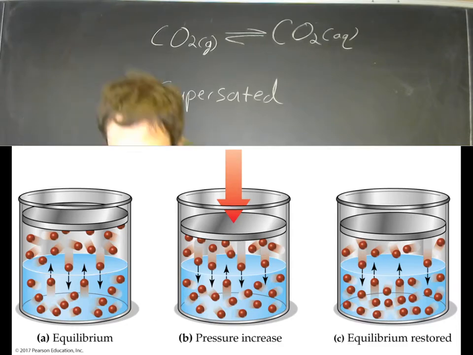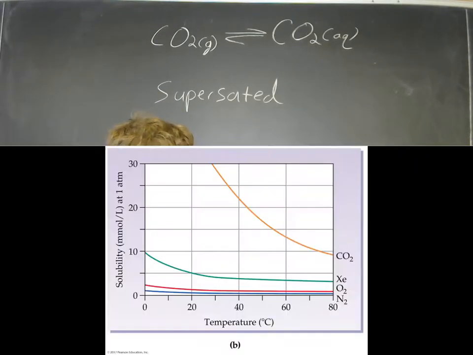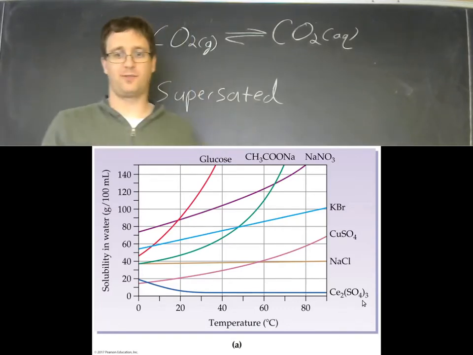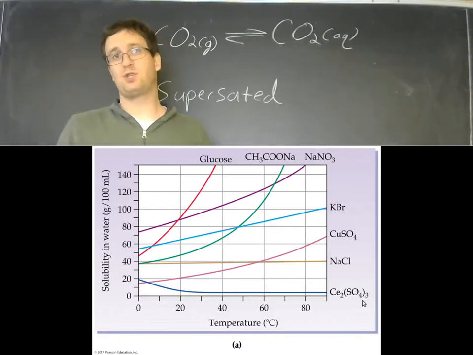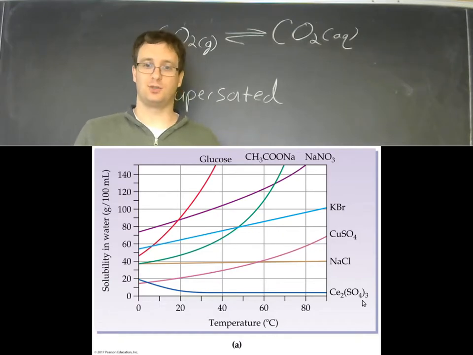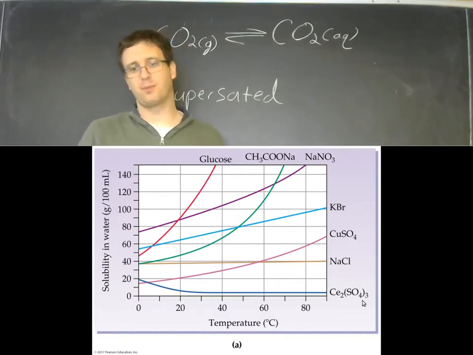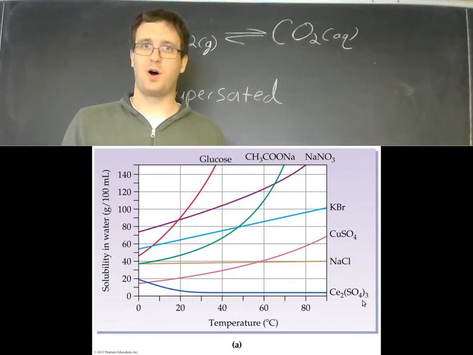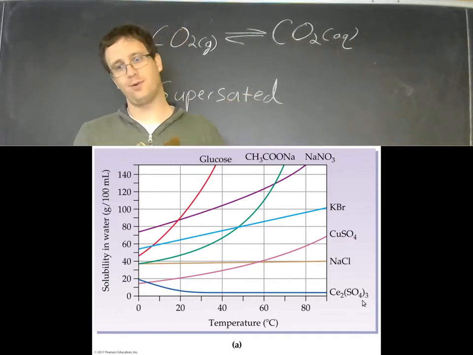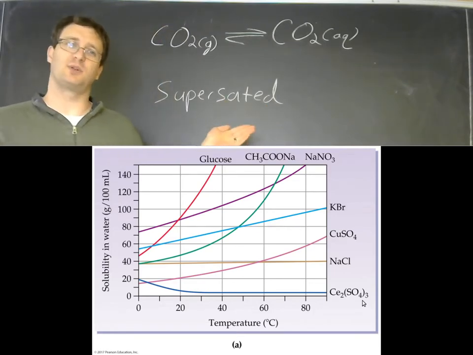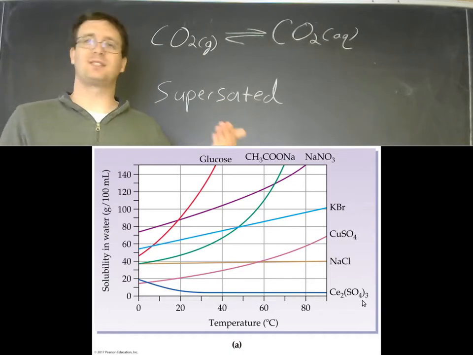Now if we go back a couple of pages here to the solubility of different solids in water, the temperature dependence can come into play as well. If you heat up a solution of, say, glucose, you see it's got a rather sharp curve there. At higher temperatures, glucose solubility is very high. You can dissolve a whole lot of sugar in boiling water and then cool it down, and it will be a supersaturated solution. What's really fun is sometimes these supersaturated solutions are metastable, meaning that they